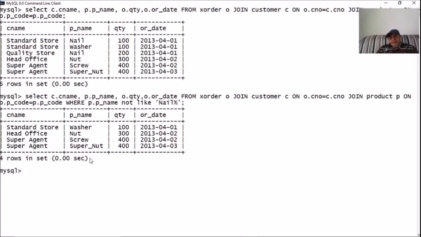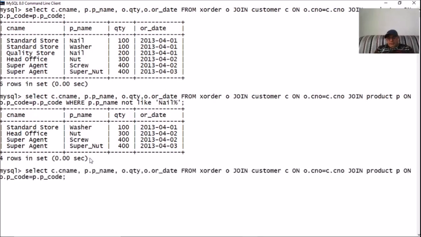The same thing I can do with the statement which doesn't use the actual join command, which actually uses the where clause. How can I do that with the where clause? This was the same thing we had done with the where clause.